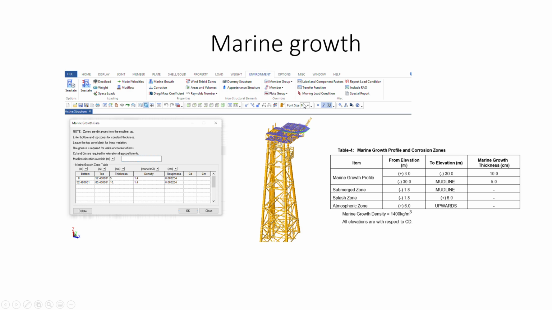If you go here and see, there will be a marine growth. You have to click this one, and there will be marine growth. How to consider marine growth and to what extent we have to consider it, all those inputs will be given in the design basis. We see here from elevation plus 3 to minus 30 is 10, and minus 32 to mudline is 5, because the thickness